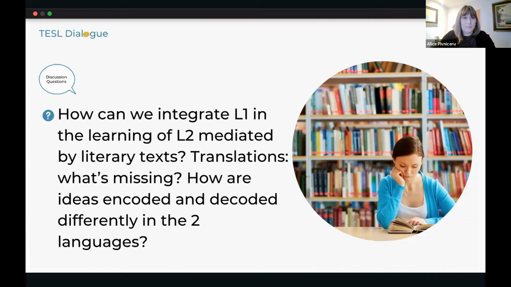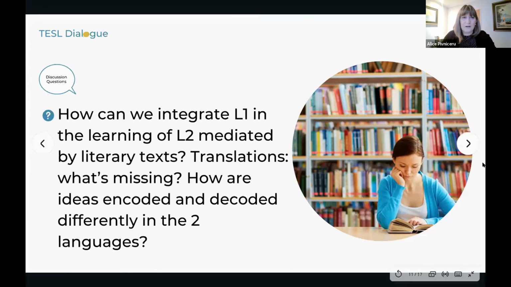So I think it's important to encourage the students to demonstrate learning by asking them to provide literary text from their first language and compare them with the English translated version, for example, and then to see,